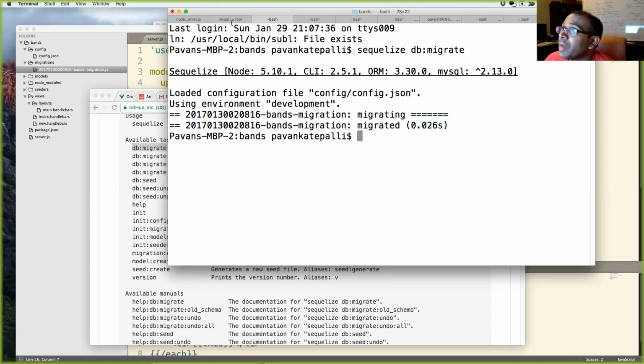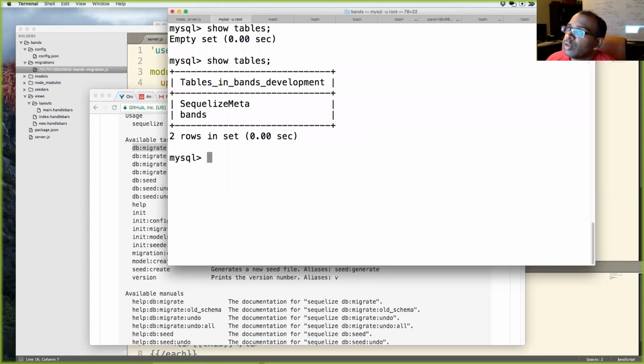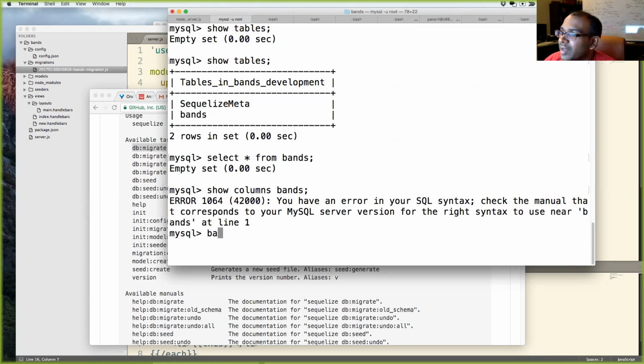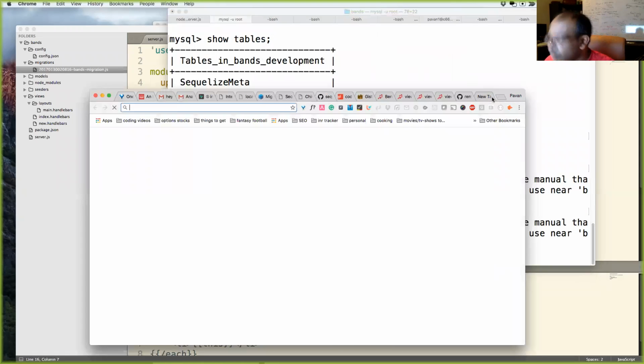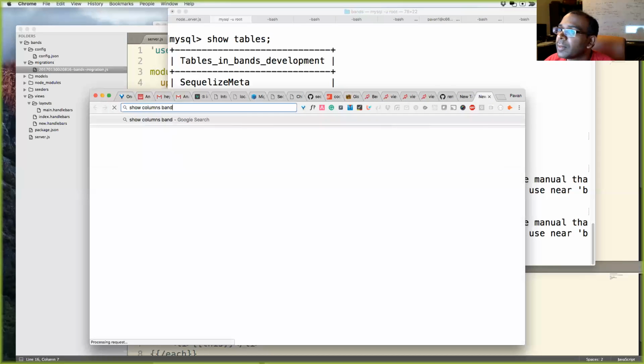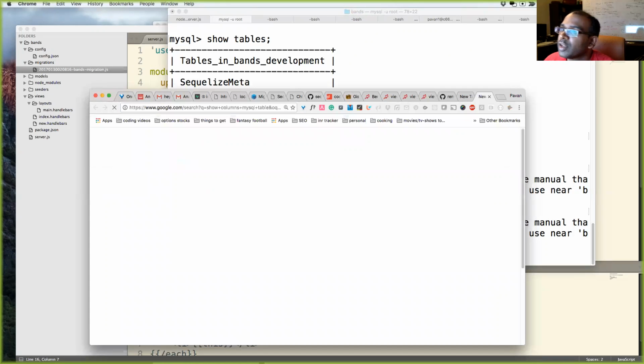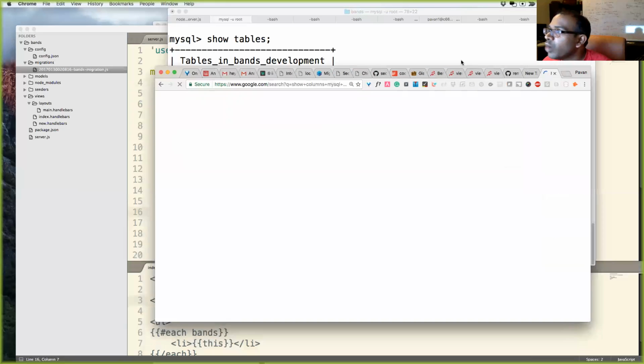If I go into my MySQL and I run show tables, we see we have bands and Sequelize meta. If I do select star from bands, we have none. If I do show columns bands, I forget the syntax to show columns. Let me search MySQL show columns and see what Google gives me.